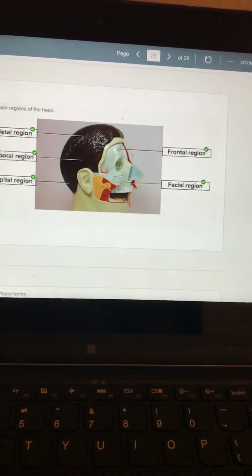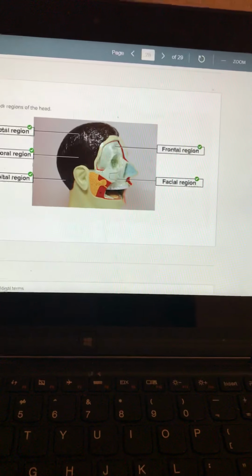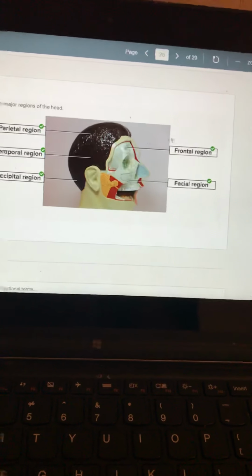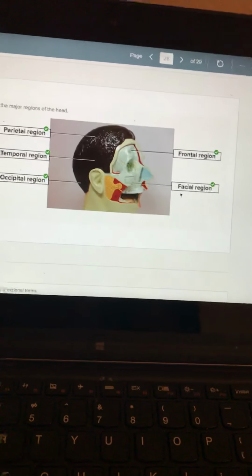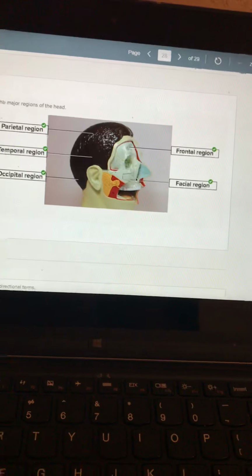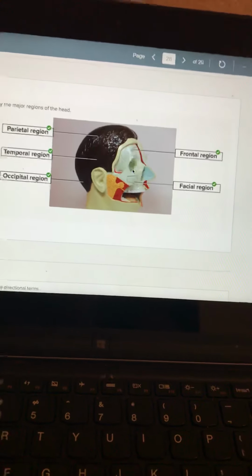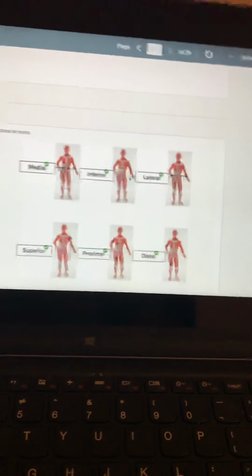Now here we're able to identify the major regions of the head. Here is the parietal, the temporal lobe, the occipital, and the frontal lobe. Here's the facial region with the upper teeth, lower teeth, right with the orbital, all there. And here are some